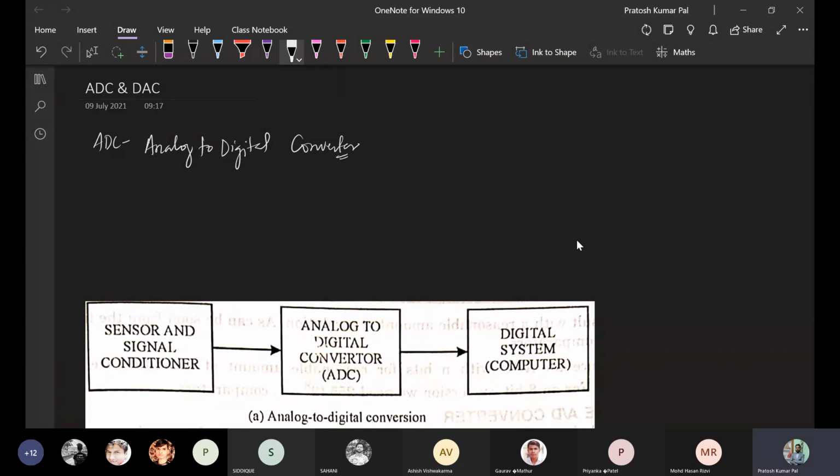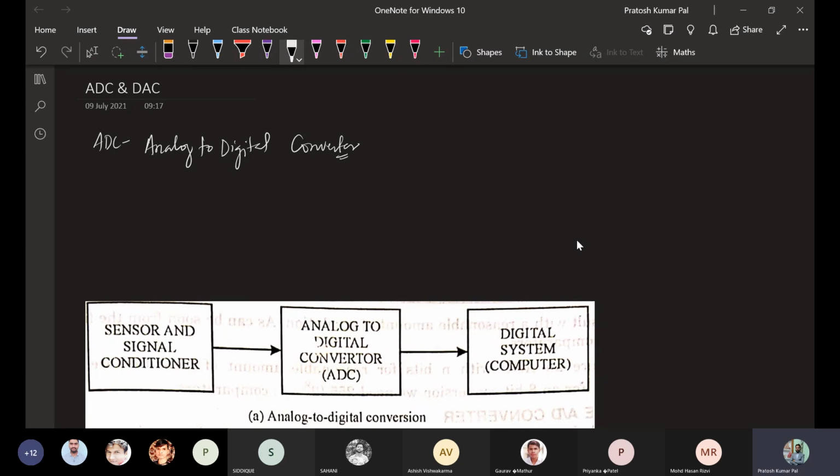In case of a microprocessor, there are different components through which we are going to interface a digital system or any digital component or an analog component also. In case of an analog component, like some sensors, the sensors will be taking the data from the analog source and converting it to a digital value. This digital value will be in the form of voltage.